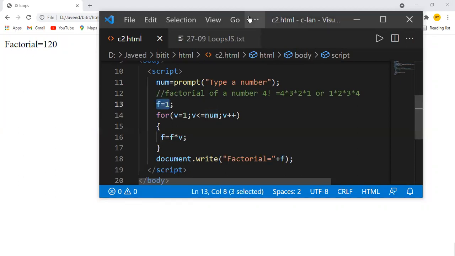I'll do one thing. I'll just make use of my sketch. So now here, we entered the value as 5. Then what will happen? The loop will be like this. v is equal to 1, the value of v is 1 for me, and it is less than or equal to 5. Now this condition is true for me, right? So that's why the loop is going to be repeated.